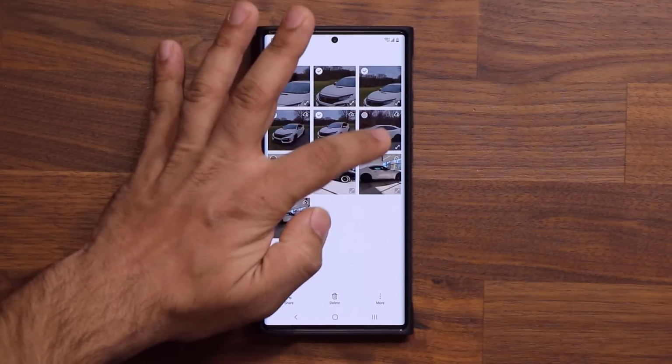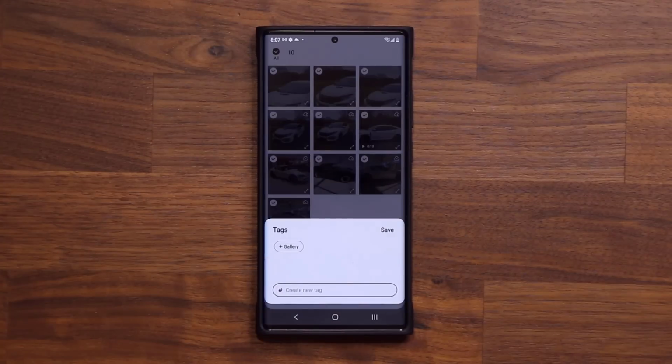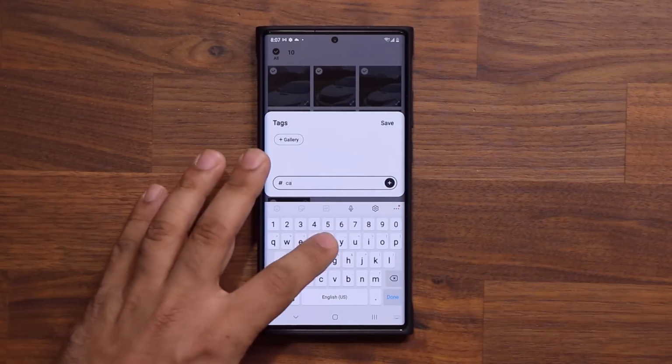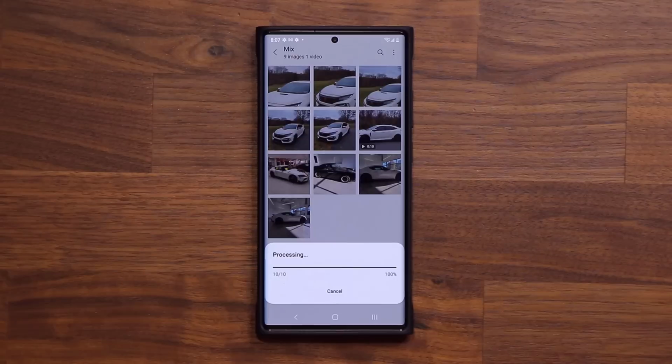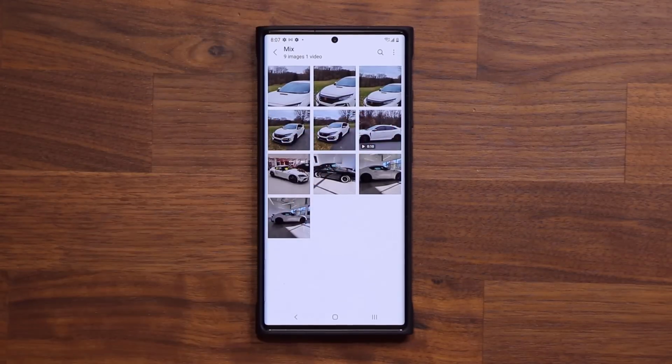I can select all these photos, okay? Then I can tap on more and I can add tags to identify these photos. So let's just tap on tag, okay? And I'm just gonna say cars. And then I'm gonna save. So now all these photos, the 9 photos or 10 photos and 1 video here, are now tagged with the keyword cars. So in the future, if I want to look for images that only have cars in it, I